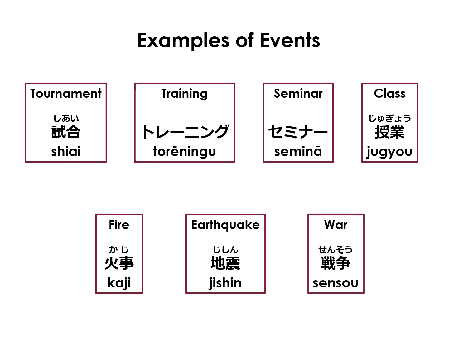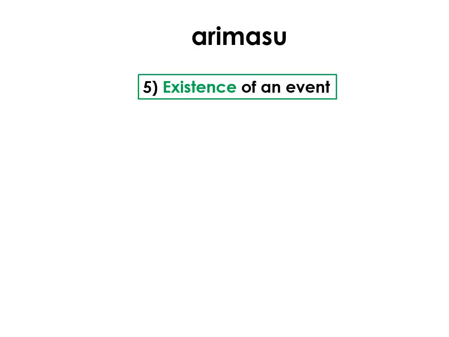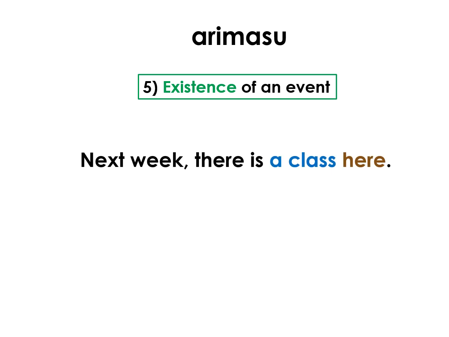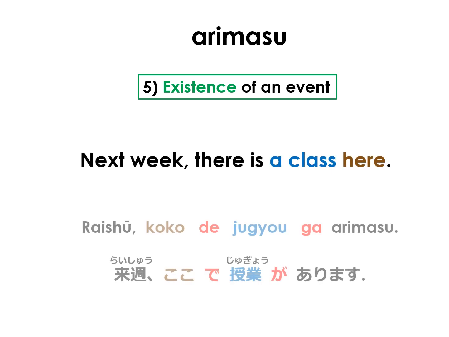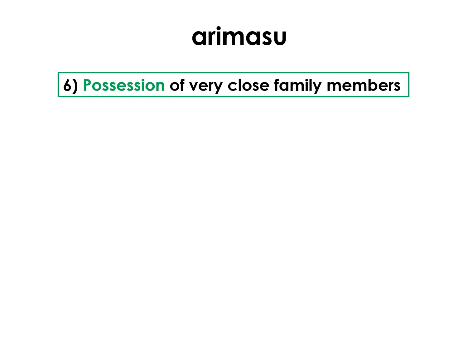Or even war or senso. Here's another example. Next week, there is a class here. In Japanese, we say, 来週ここで授業があります。